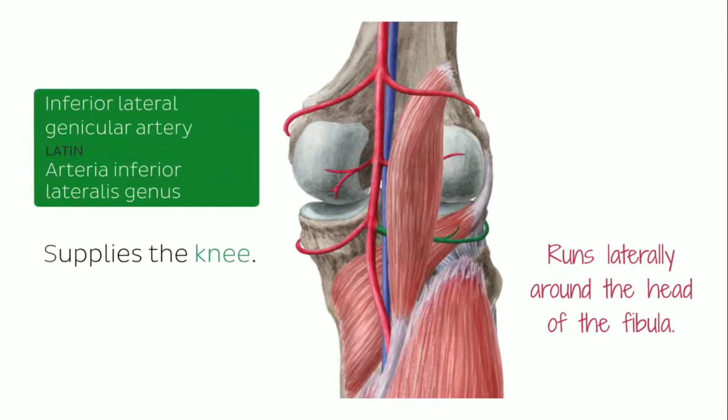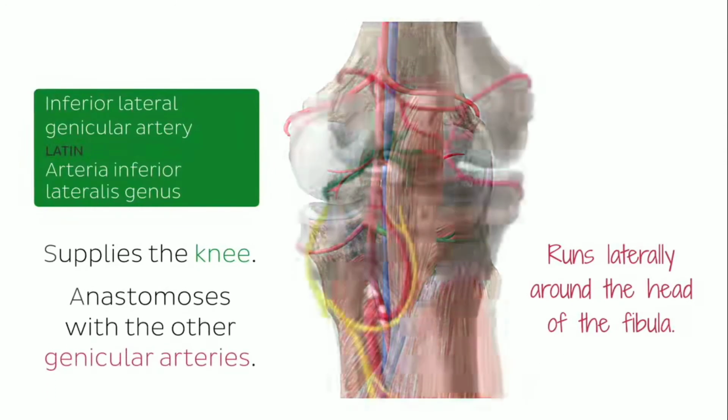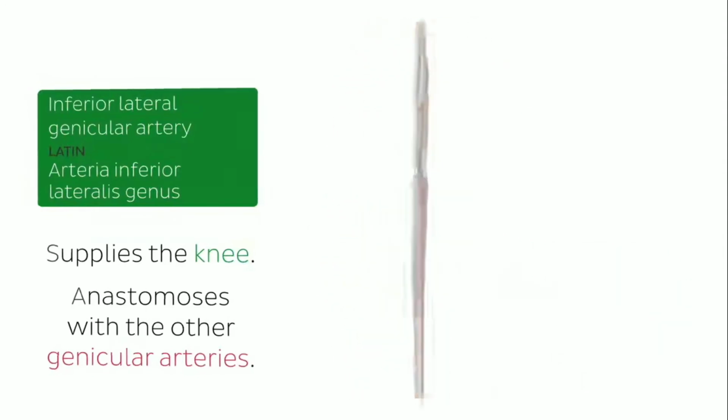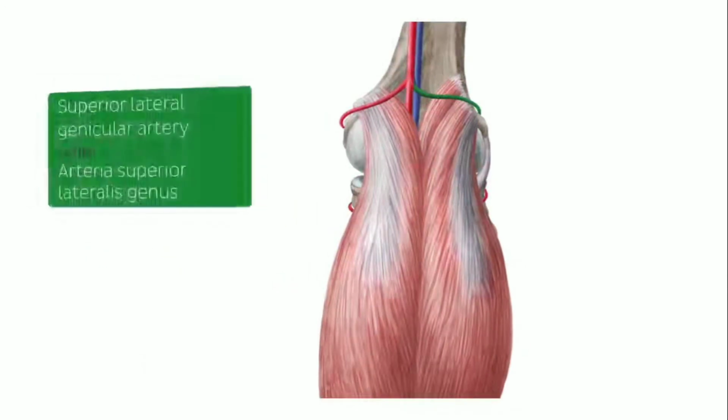Don't forget the genus means knee. The branches of this artery are going to form anastomosis with the other genicular arteries as well. And you can see also this artery, the inferior lateral genicular artery, from an anterior view seen here now highlighted in green. The last one on that list that we now see also from a posterior view, this is the